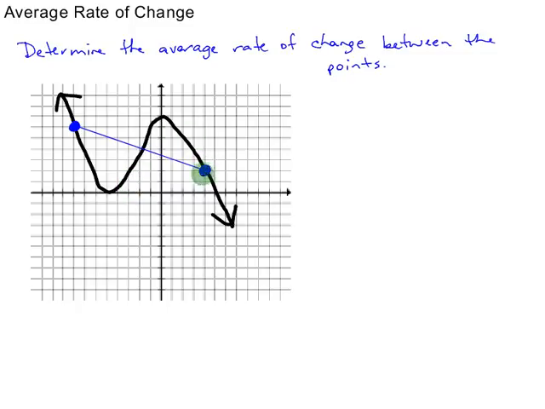Whenever you look at the average rate of change, we don't care about all the stuff in between. We just care about the average of all the things in between. And when you look at that, you get this simple straight line. So if we want to determine the average rate of change, we need to determine the slope of this line. So we need to know the difference between the vertical distances here and the difference between the horizontal distances. So the average rate of change